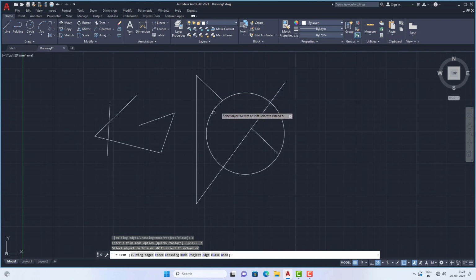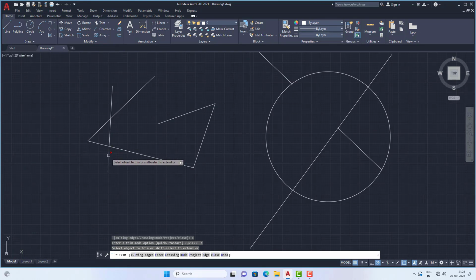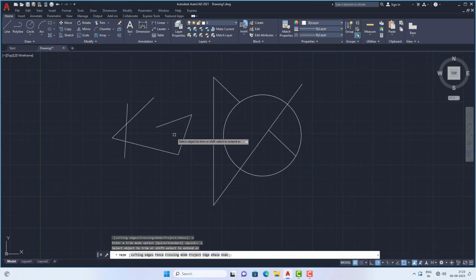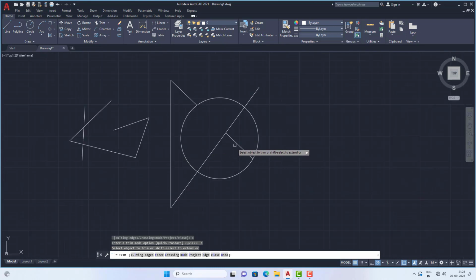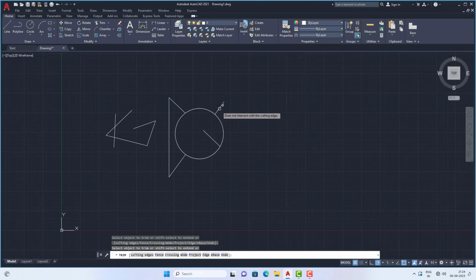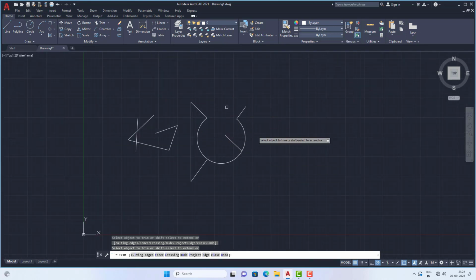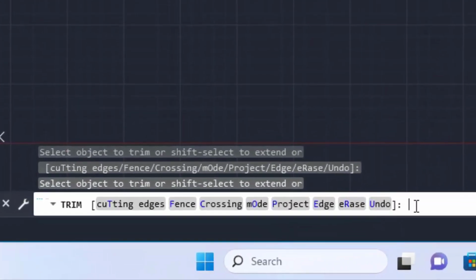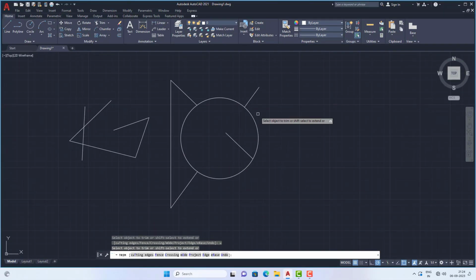Those should have intersecting lines, so that only then this trim option will be applicable. See, those should meet at some point. Now I want to delete this line and I am clicking here. This has no crossing boundary, so it is not removing. I am clicking here so that you can remove the unwanted materials with this option. If you want to come back, use the undo option: type U and press enter. If you want to come out from this command, press enter.